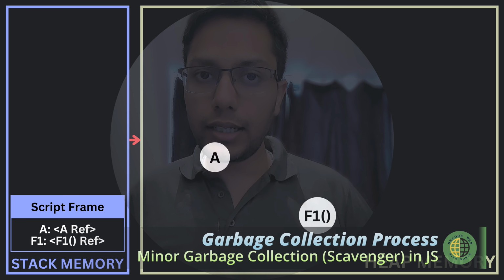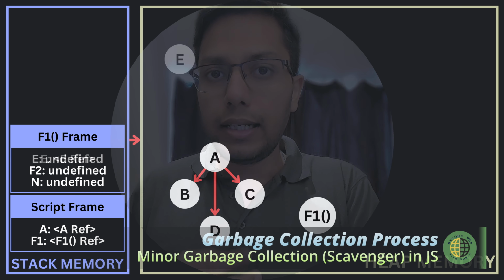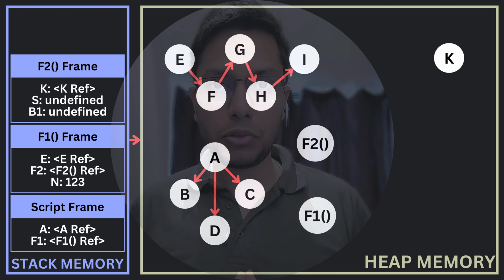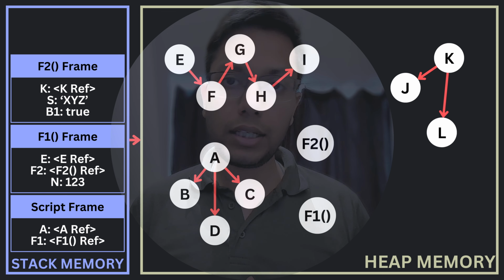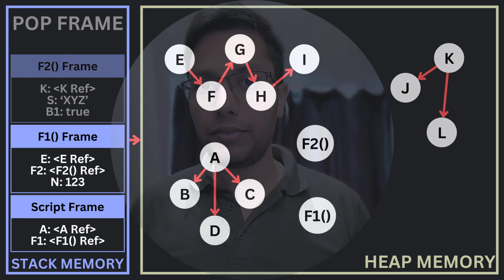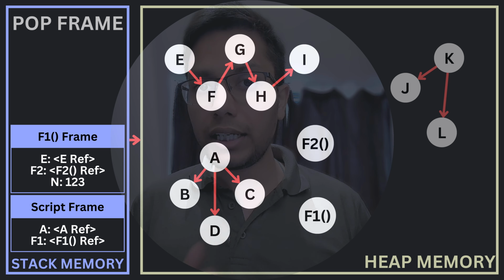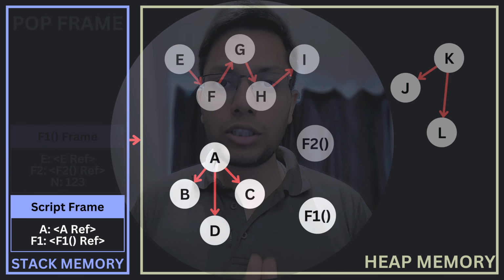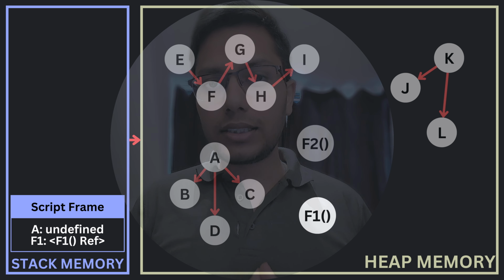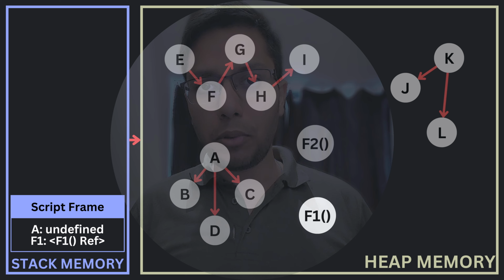Now that we have a clear understanding of the heap architecture, let's discuss the garbage collection process. If we take the stack memory, which is much smaller than the heap, there we can just pop the stack frame when we are done with it, as compared to a giant heap where we need to traverse through this huge graph of nodes. And by nodes I mean objects. Still, we at least have a starting point.